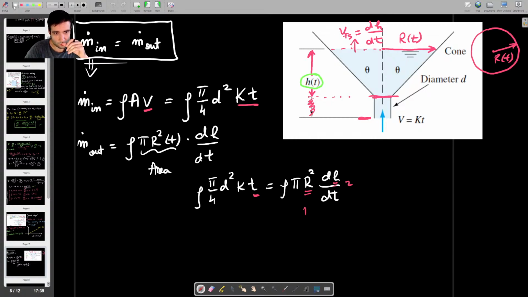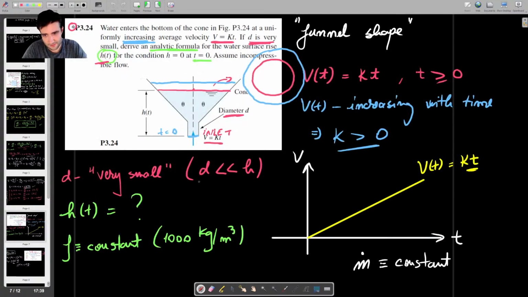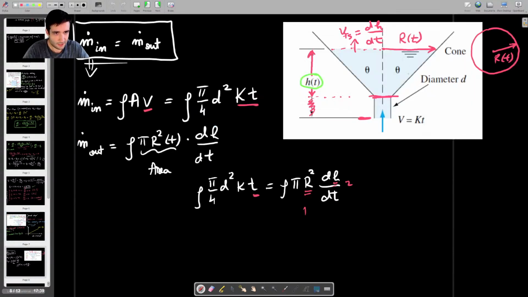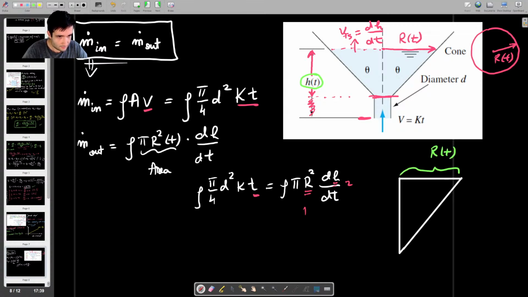Now, the way I would do this is I would, first of all, use the fact that d is very small. If I take that into account, here's what we have. If I make a drawing of a right triangle like this, okay, that should be good enough. This side is my r, this is my h, and then I have that angle of the cone, which is here, that angle theta,